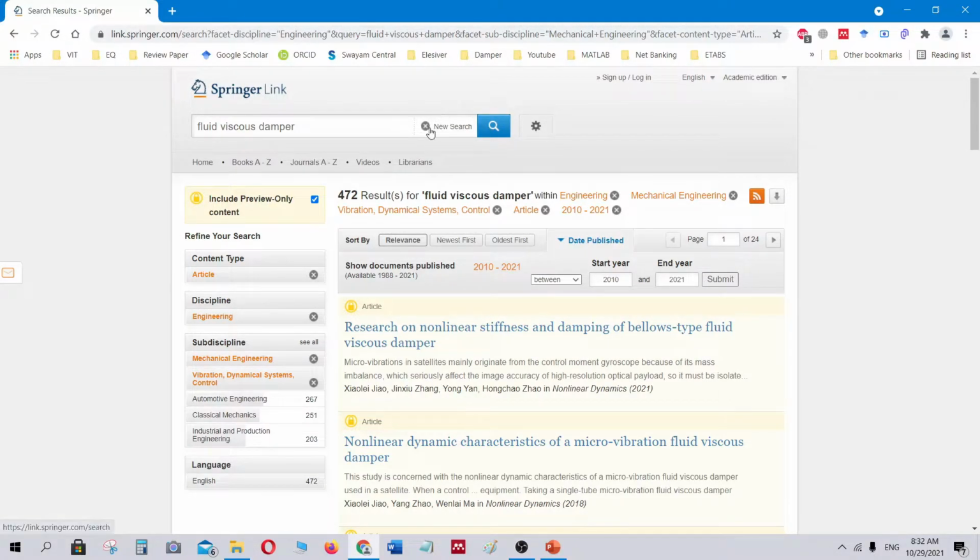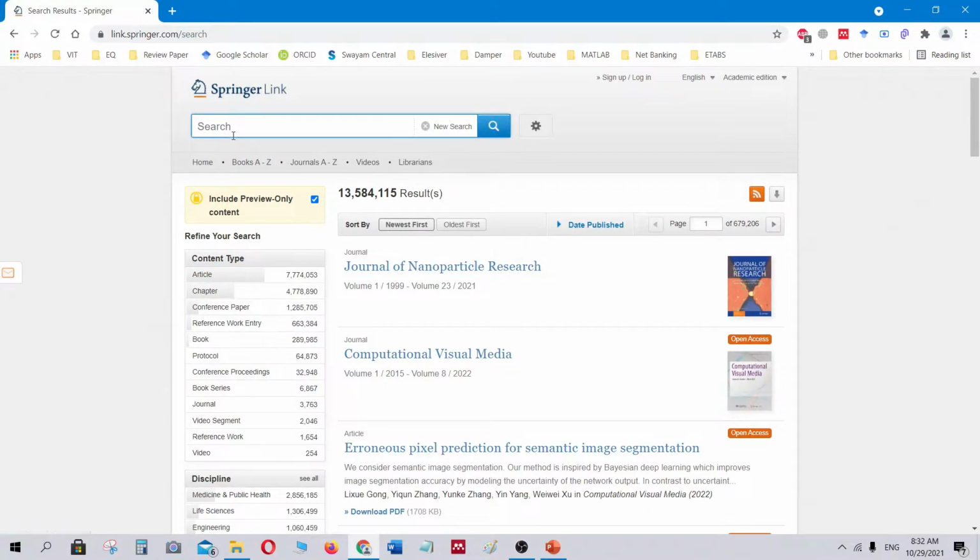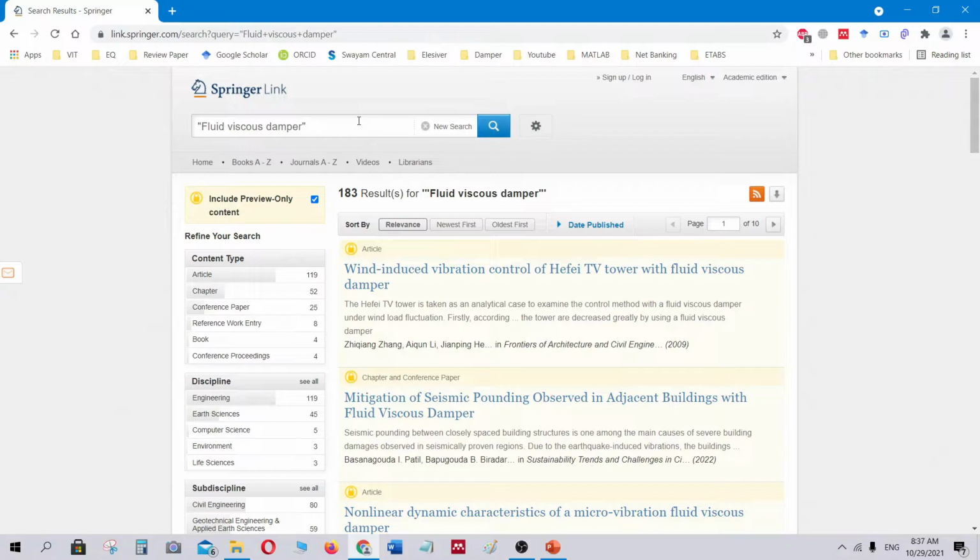And in the second method, you have to introduce inverted commas to the keywords which you use to search. It will show you the articles which have mentioned fluid viscous damper as the keyword.